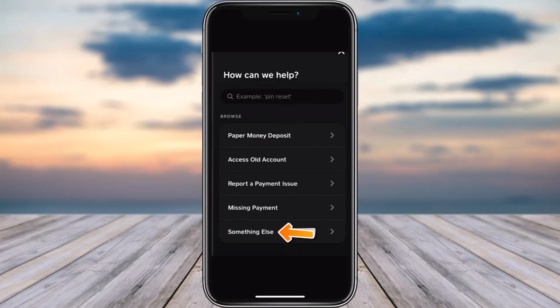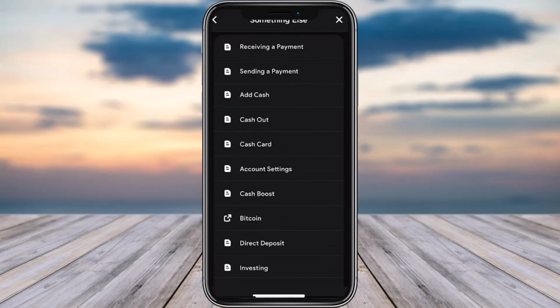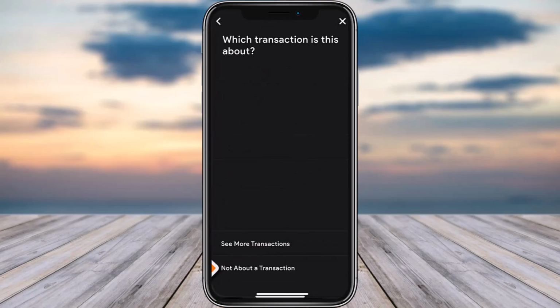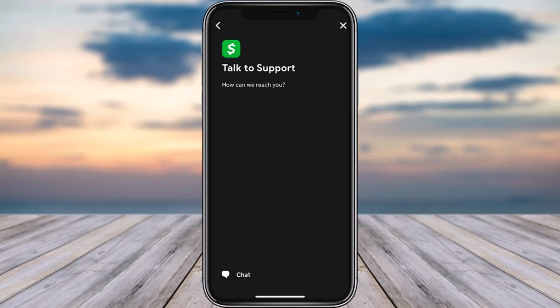Then tap on the option of something else. Then tap on the option of cash card from the options. Then tap on contact support. Now tap on the option of not about a transaction right over there. Now tap on chat and talk to the support, and then let them know that you're curious,